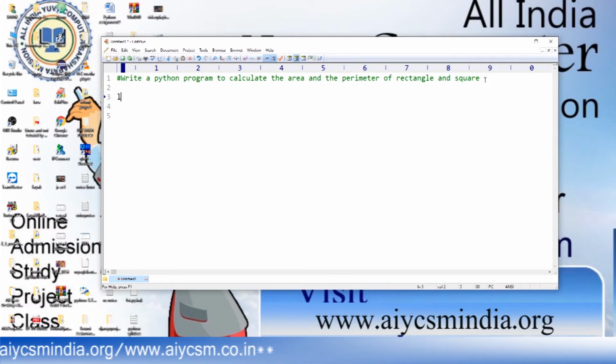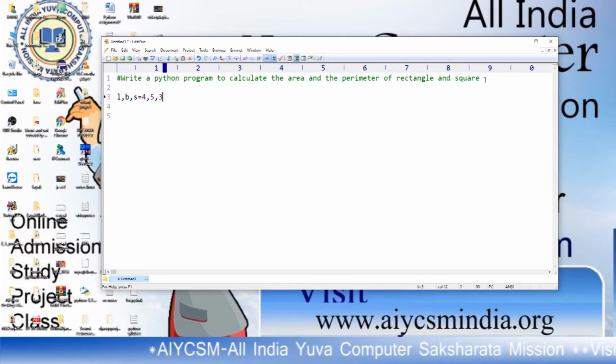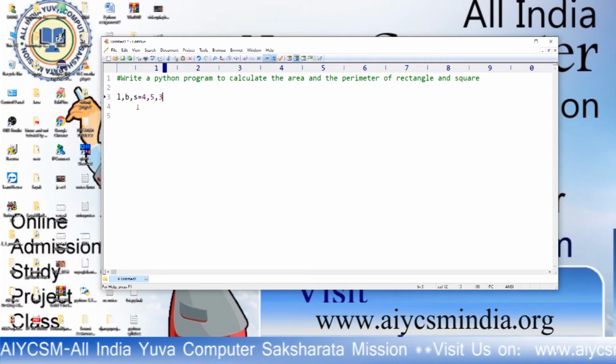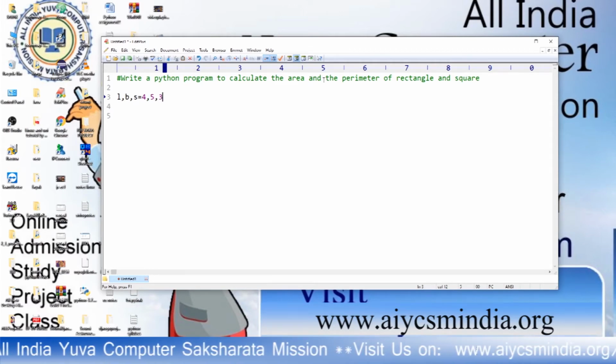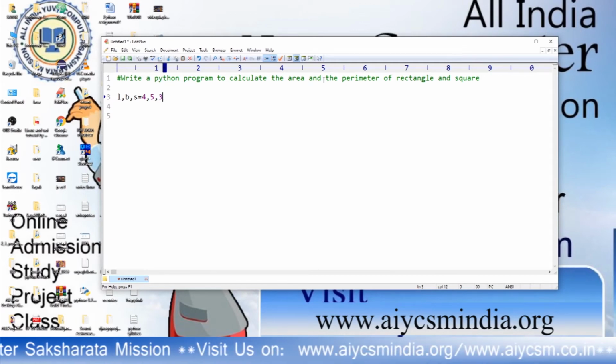We don't know what a variable is yet, but right now I am doing that. In a later session we will discuss that. I declare the values as 4, 5, 3. That means length is 4, breadth is 5, and the side of the square is 3. I declared these 3 variables on a single line.